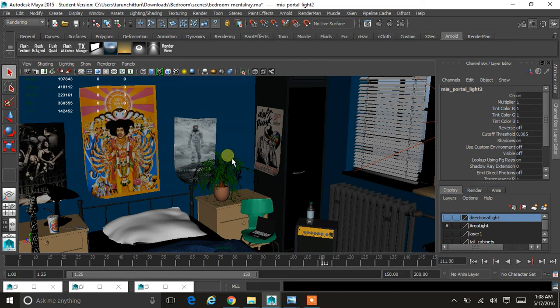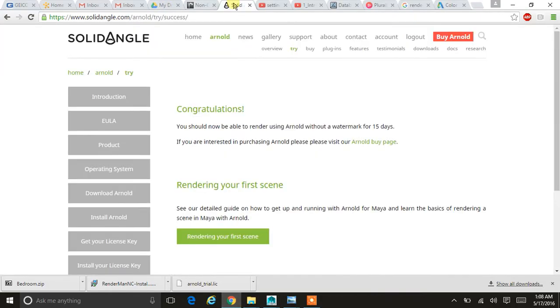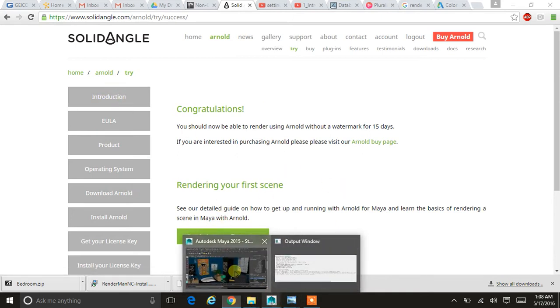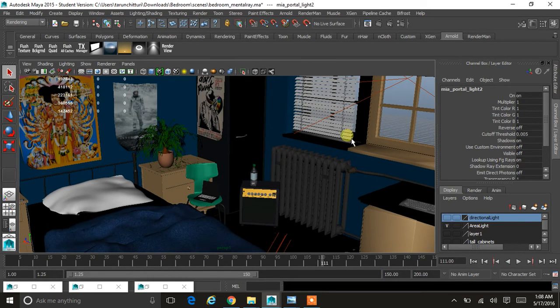So for this you will need to download the Arnold plugin. You can get a free trial on the SolidWorks website for like 15 days. If you go to solidangle.com and go to Arnold, you can just download it and get a free trial for 15 days. So for this you'll be needing Arnold, and once you have Arnold,